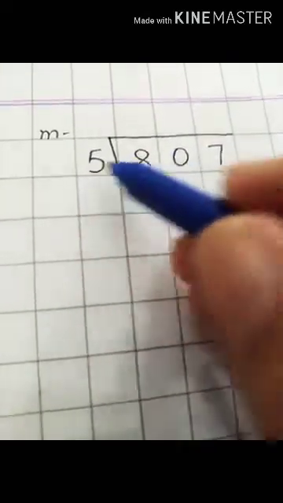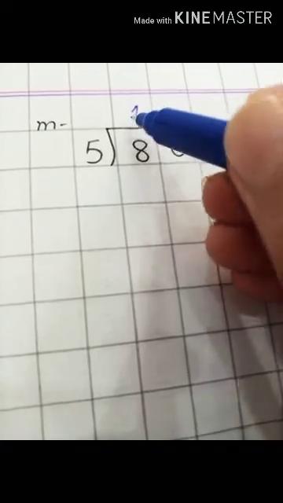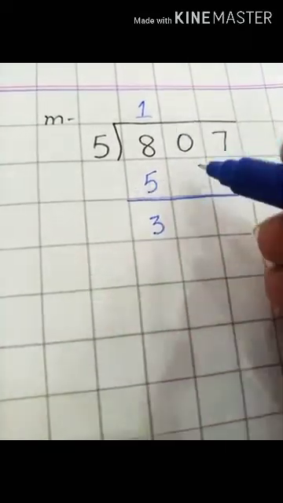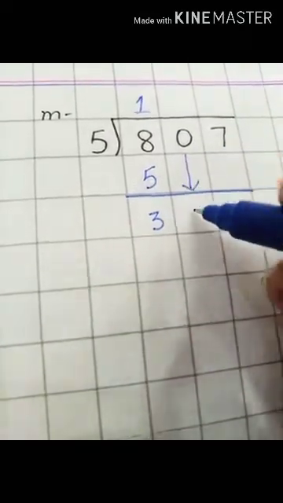So students, let's compare it. So students, 5 1s are 5 and 5 2s are 10. Can't write the 10, I will have to write 5 1s are 5 down here. Next step is subtraction. 8 minus 5 is 3. 3 is being smaller than my divisor, so I will bring this 0 down here and this will become 30.